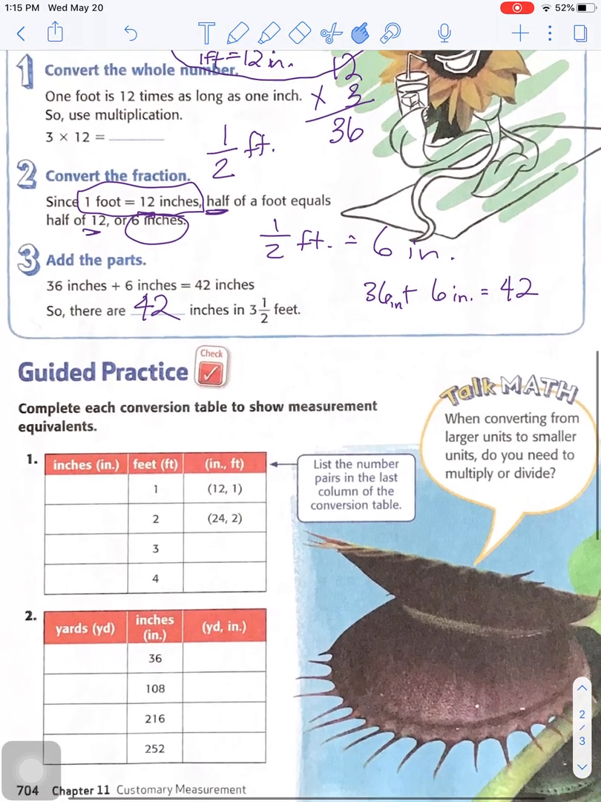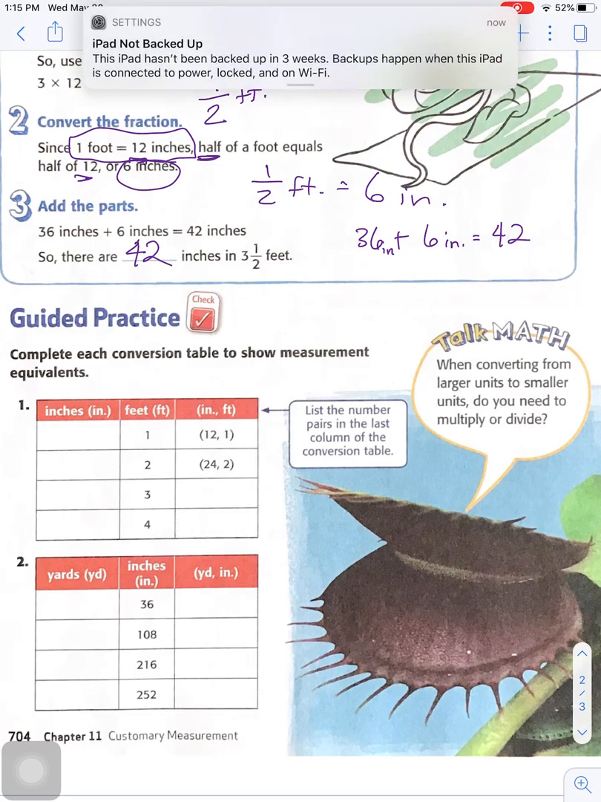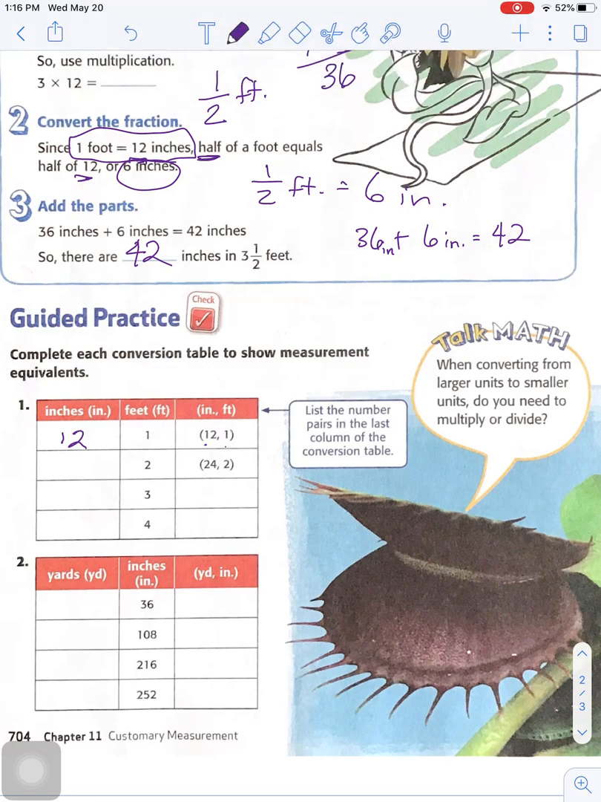Then guided practice says, complete each conversion table to show the measurement equivalence. All right, so it gives you feet here, and it says 1 foot is how many inches? Well, they give you the ordered pair right here, inches, feet. I already know it's 12 inches in 1 foot. 2 feet would be 2 12s or 24 inches, and there's your ordered pair right over here. 3 feet would be 3 times 12 or 36 inches, and the ordered pair would then be 36 inches to